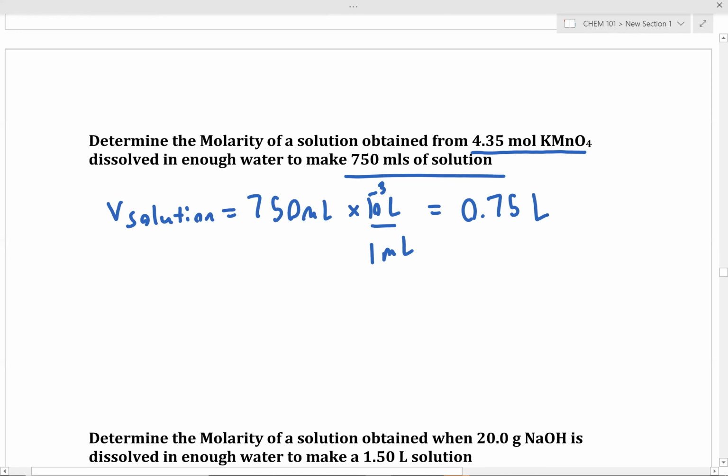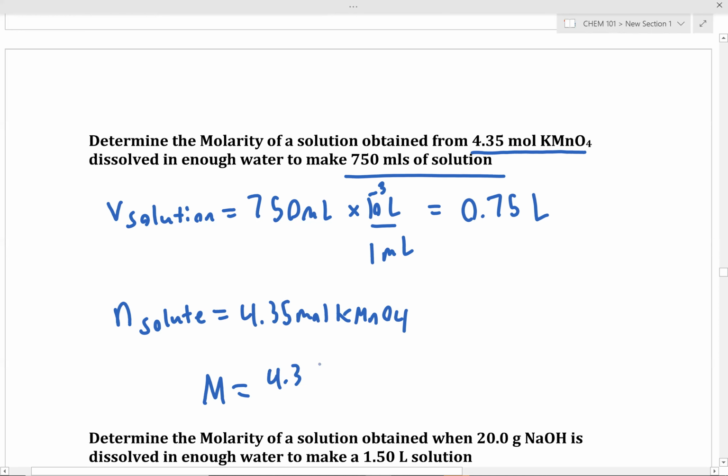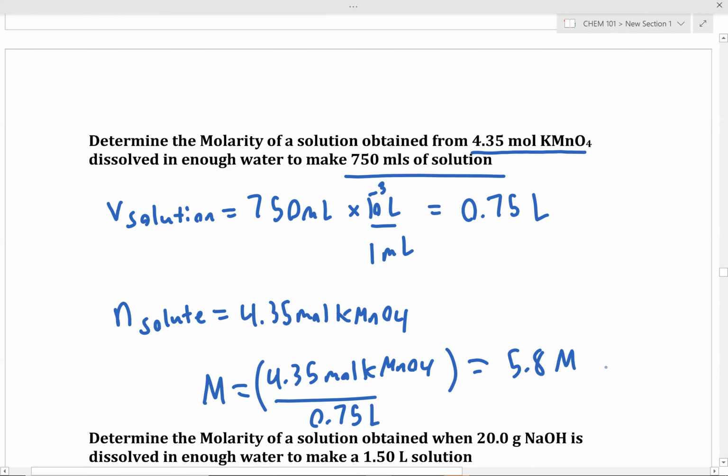Okay, perfect. What about the moles of solute? How many moles of solute do we have? Yep, 4.35, and this is moles of KMnO4. So the molarity of our permanganate solution is the moles, 4.35 moles of KMnO4, potassium permanganate, over 0.75 liters of solution. So we have 4.35 over 0.75, and that in turn gives us a 5.8 molar solution of